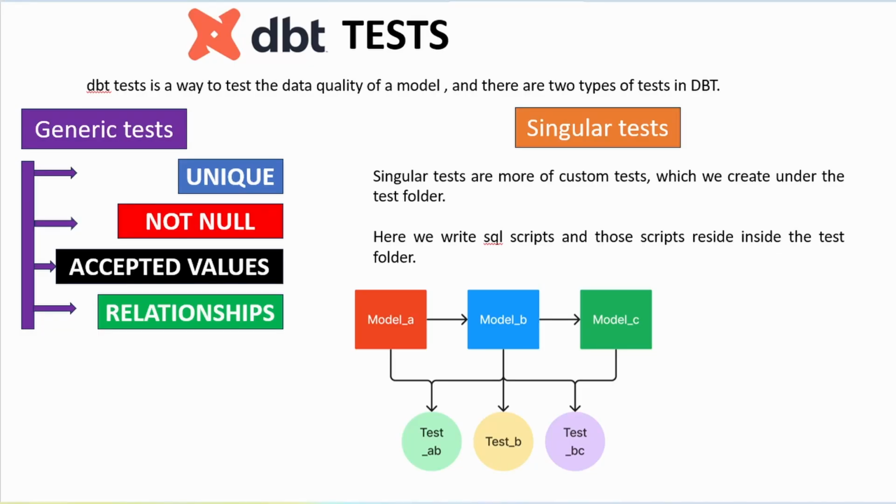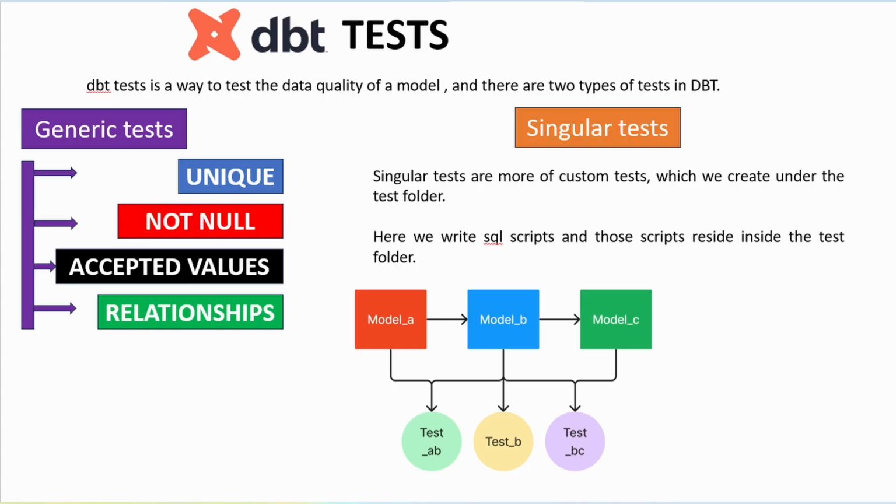Let's discuss dbt test. A dbt test is a way to test the data quality of a model, and there are two types of tests in dbt. First is the generic test and second is the singular test. In generic tests, we can check unique, not null, accepted values and relationship tests per column defined in